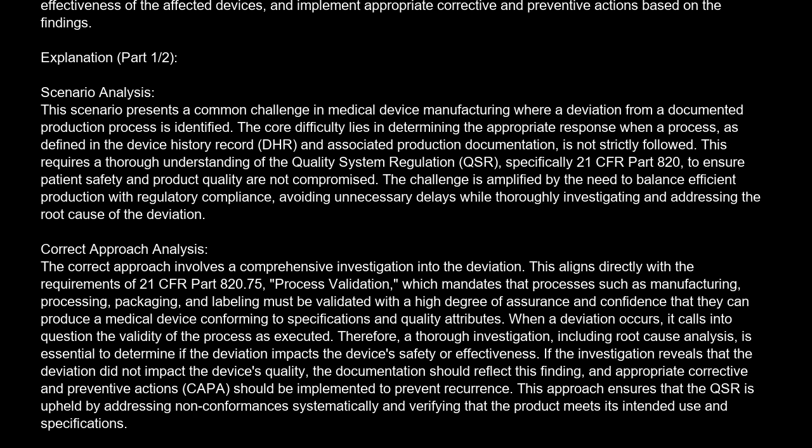This aligns directly with the requirements of 21 CFR Part 820.75, Process Validation, which mandates that processes such as manufacturing, processing, packaging, and labeling must be validated with a high degree of assurance and confidence that they can produce a medical device conforming to specifications and quality attributes. When a deviation occurs, it calls into question the validity of the process as executed. Therefore, a thorough investigation, including root cause analysis, is essential to determine if the deviation impacts the device's safety or